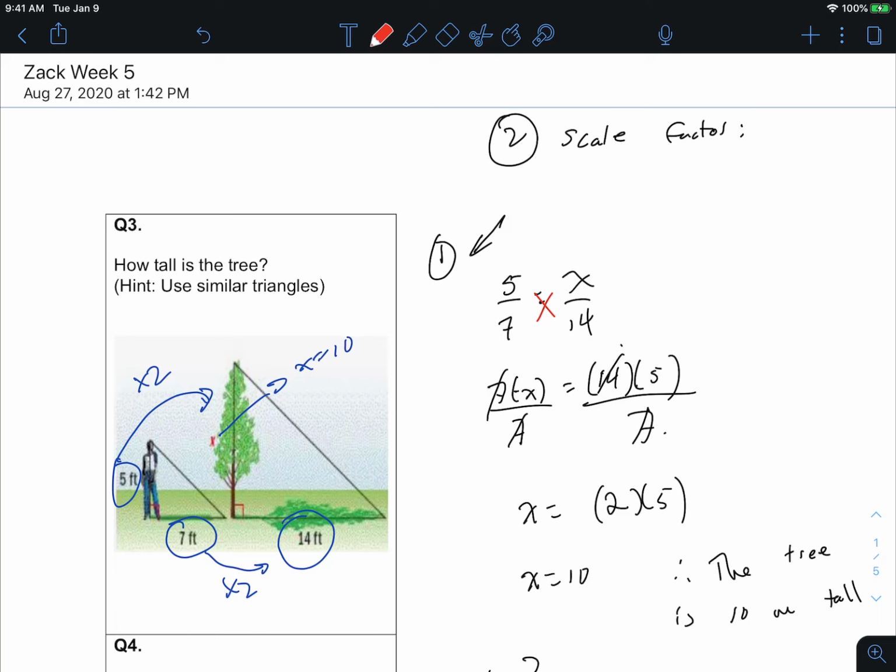There you go. But don't forget your units. What was the question saying? There you go. And then you could write a therefore statement. That's it. Therefore,